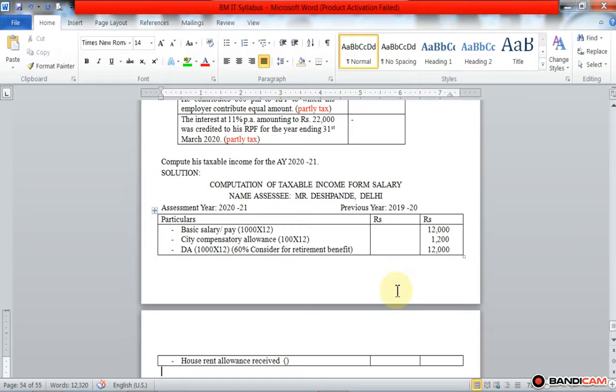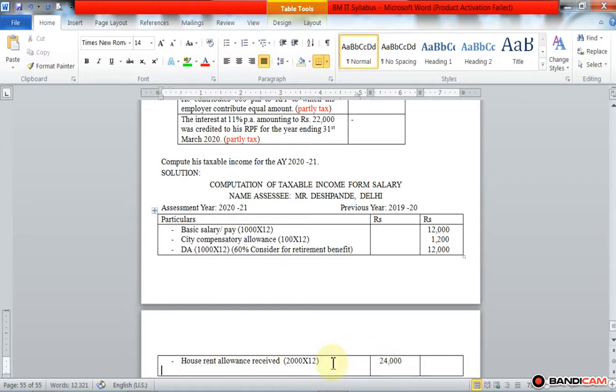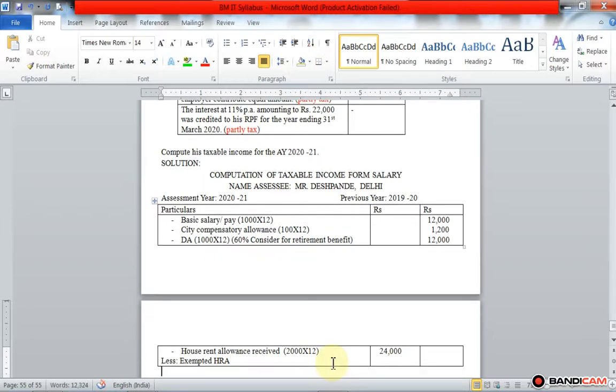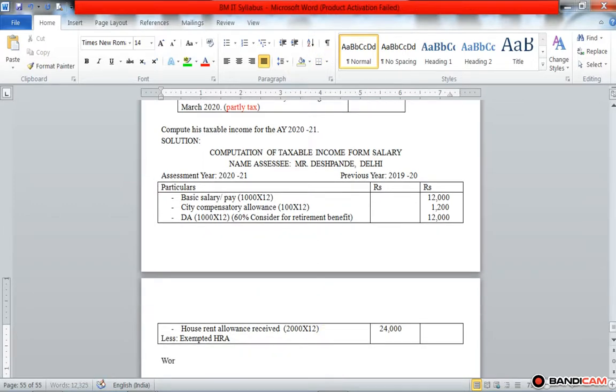Amounted to rupees 2000 per month. So 2000 multiplied by 12, we get 24,000. Less: exempted HRA. So we have to compute exempted HRA, that is the working note first, that is the computation